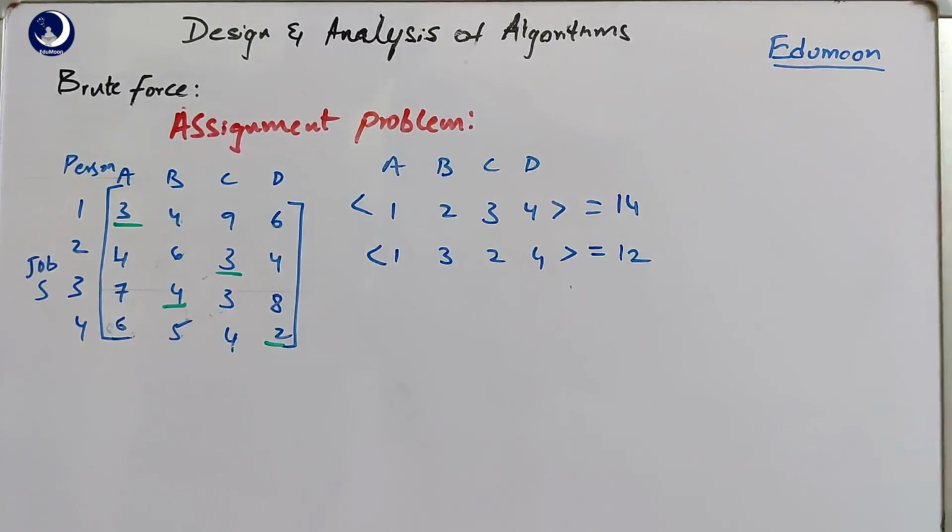Similarly, you can generate any number of combinations. For example, an infeasible condition will be like, I'll write one example to show the infeasibility: the case 1, 2, 3, 1. We cannot assign job 1 to 2 persons, A and D, and job 4 is missing there, so that is not a valid combination. That case we call infeasibility. Other than this, without replicating the jobs or the persons, assigning jobs to persons in any number of ways is possible.